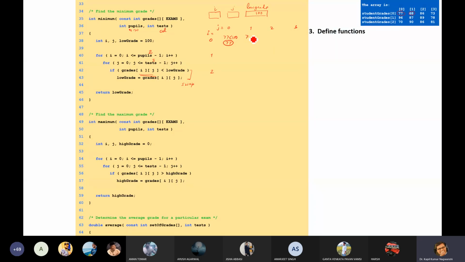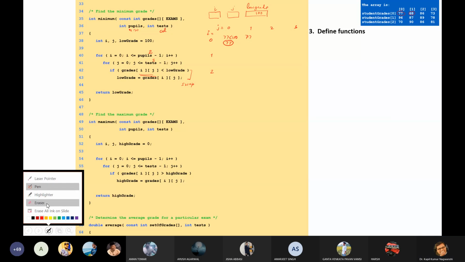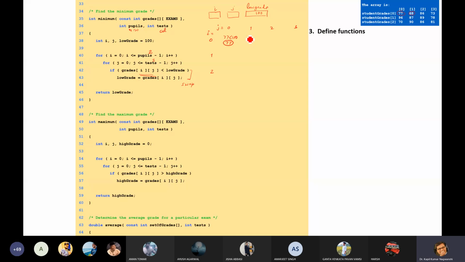Now we are going to compare i j, which is 67. Now 67 is compared with 77. So 67 is less. Now 67 will be the low grade.